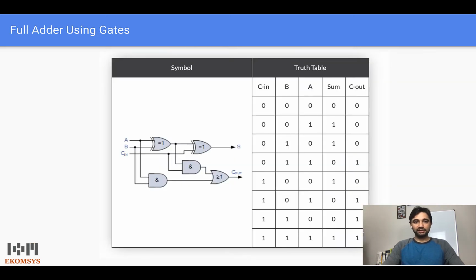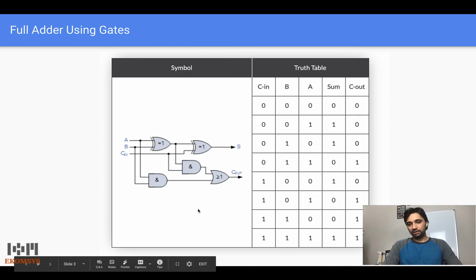Going back to a simple example of a full adder using gates. This example is just to demonstrate how a simple addition is done for two numbers. In this case, we are not even adding two numbers, we're just adding 2 bits. So this is a